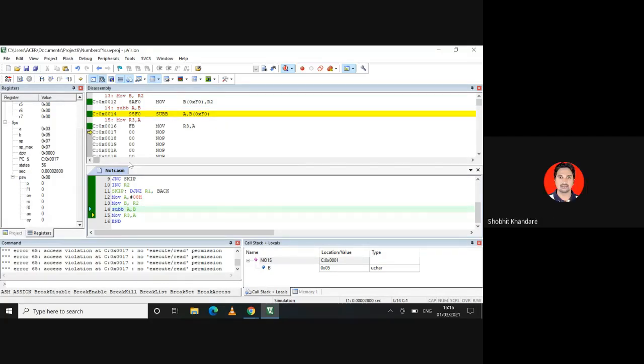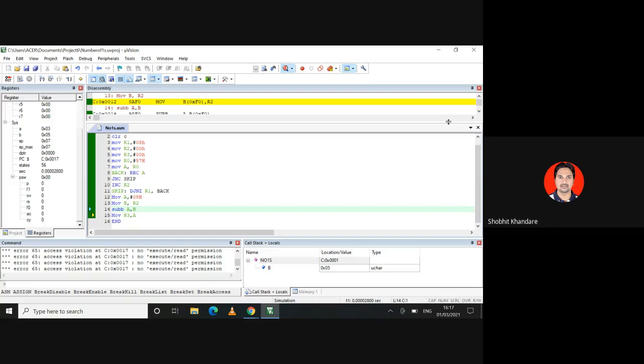So I think you have got the feel of how programs are written, and these are programs which we have already studied in 8086. That's why I have told you many times to do the addressing modes and instruction sets by yourself. So going ahead I will just go through them, I won't be explaining in detail. I'm expecting that you will do the instruction sets and addressing modes by yourself.